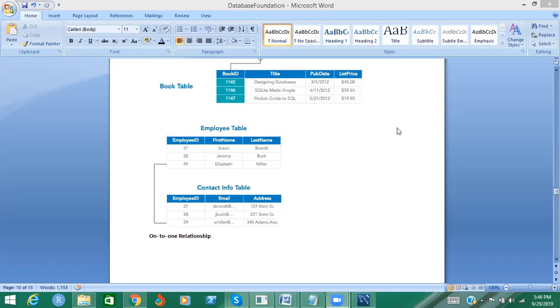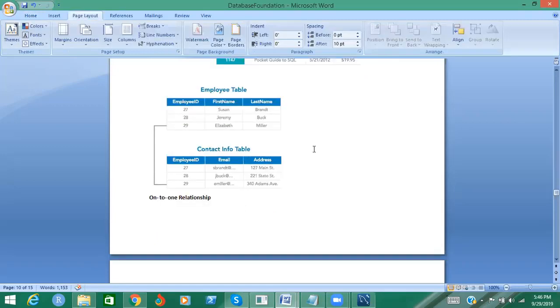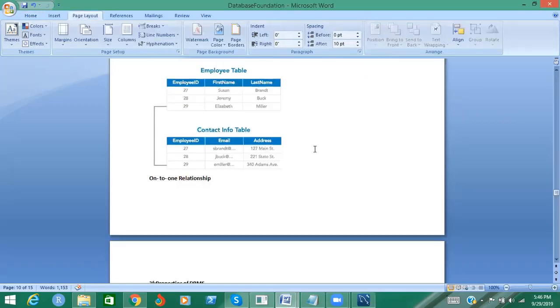All right, so we're talking about one-to-one relationship. Most times, the scenario is a situation whereby a table is joined to itself. Yeah, the table is joined to itself. So look at this table here. We have employee table